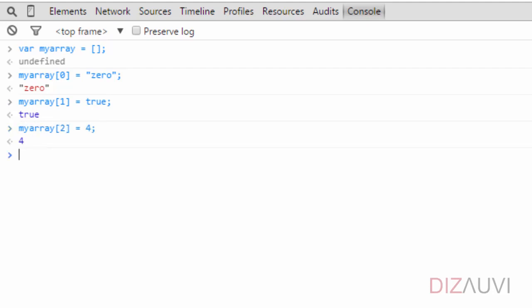Alright. Let's see what the array looks like now. So let's type in the variable name, and the REPL interpreter evaluates the array and prints it out. Cool. So these are some important things that you should know about arrays in JavaScript. But wait, there are some more differences, which we will see in the next lecture.